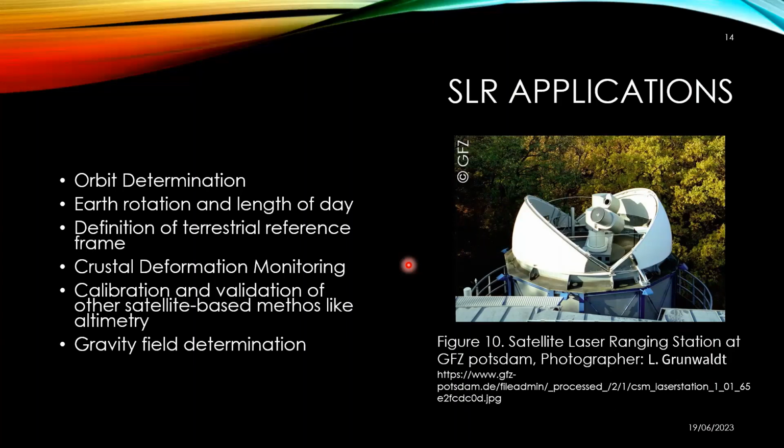How is it done? These days, we have satellites that have reflectors under them, so that we can use this technique to measure their position precisely, or as an extra observation to the other techniques used for determining the coordinates. It can determine Earth's rotation and length of day, the definition of the terrestrial reference frames, crustal deformation monitoring, of course monitoring of the points where the laser ranging stations are, and calibration of other satellite-based methods like altimetry, and gravity field determination, which is mainly related to the